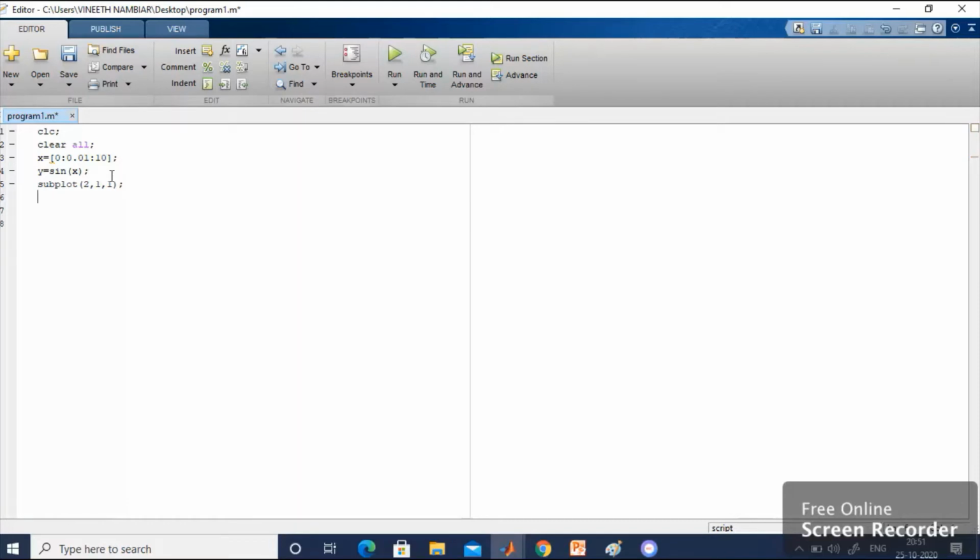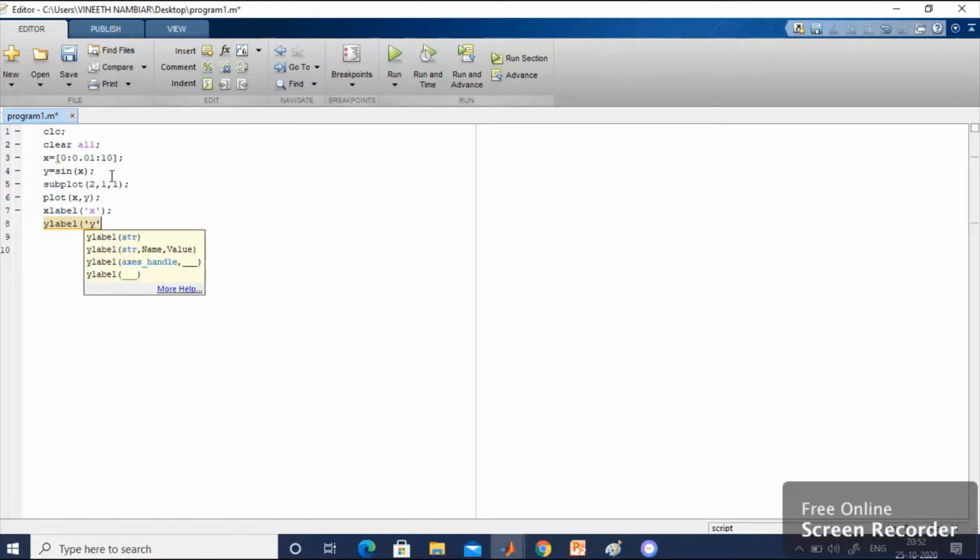Now what you can do? You can use plot, because we have to plot now. Use the command plot because it's a continuous function. Plot(x, y). Close the parenthesis and terminate the statement with a semicolon. If you want, you can put the labeling, xlabel. This is optional, not mandatory. I'll put x. The xlabel is over. Similarly, labeling can be done for the y axis also. Take care with the spelling. So y labeling is also completed.